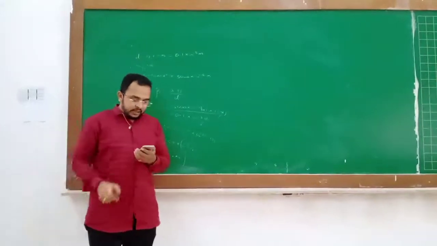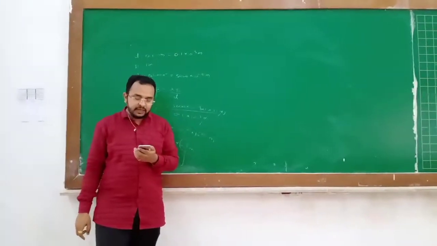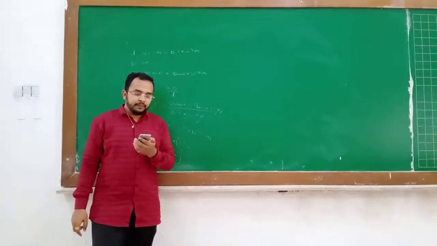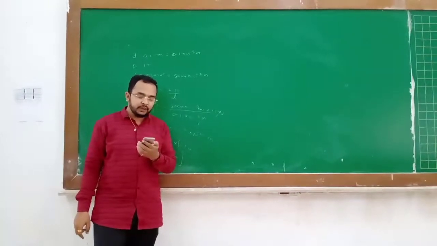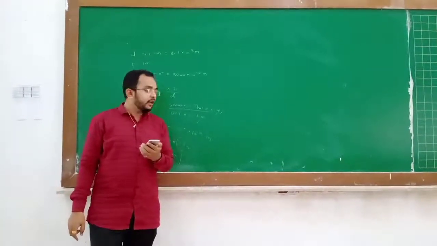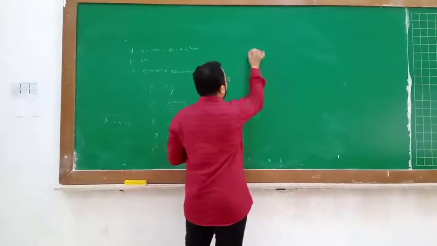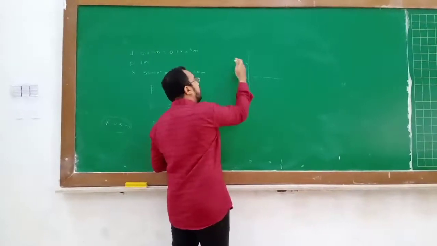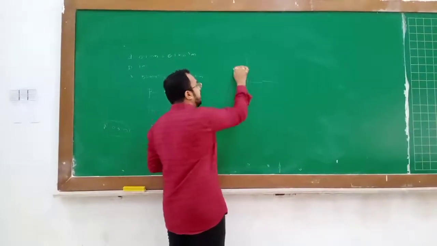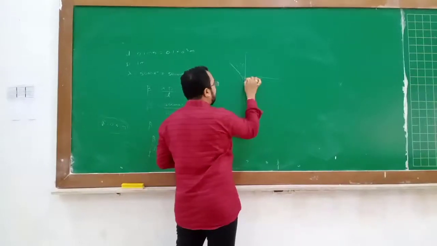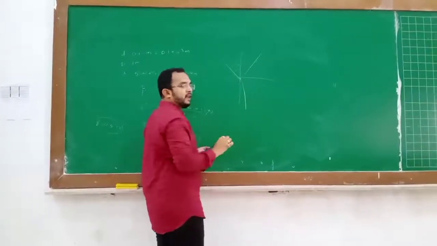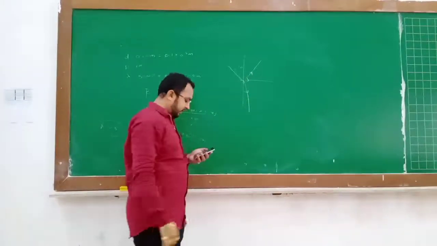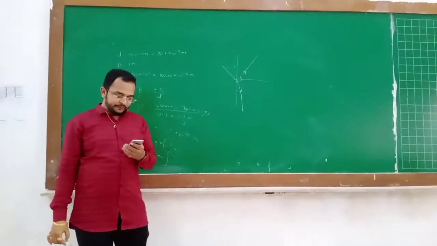Now the next question: a ray of light is incident on the surface of a glass plate at an angle of incidence equal to Brewster's angle phi. If mu represents the refractive index of glass with respect to air, then the angle between the reflected ray and refracted ray is? We just saw that angle of incidence is equal to Brewster's angle. So when angle of incidence is equal to angle of polarization, some part refracts as partially polarized and some part reflects as plane polarized, right? And the angle between the reflected and refracted ray is 90. So the answer is 90.